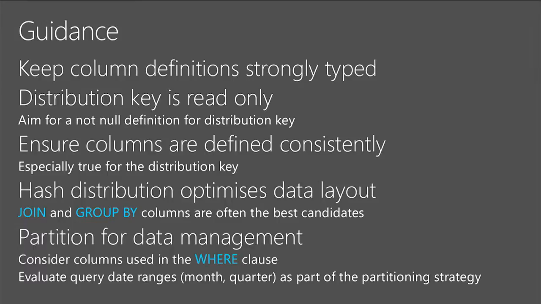Sometimes in data warehouses, that typing over time has got a little out of hand, and so sometimes we need to bring that back into line when we're using SQL Data Warehouse to make sure that we get the best performance. Now, the hash distribution can be optimized, and we have seen that can give us better performance and fewer movements in the system. Now, a good rule of thumb here for picking hash distribution columns is to look for the join and ideally the group by as well, because that will even help to eliminate